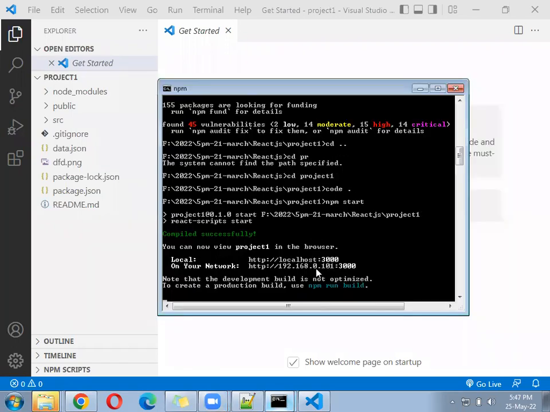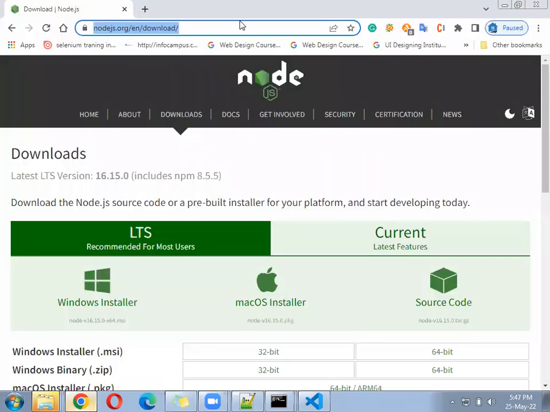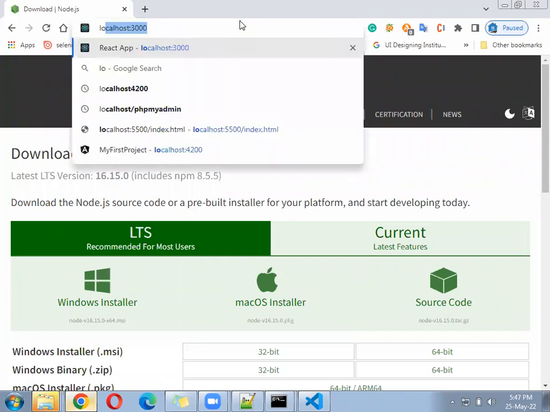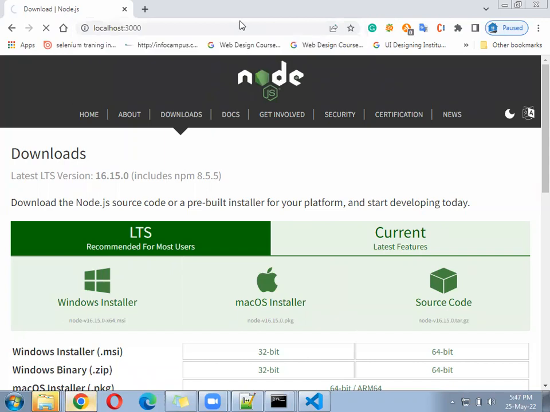Okay, so this compilation will compile successfully. If by default it has opened in the browser, very good. In case it has not opened, no problem. It has given you the option. You can go to localhost:3000 and see the final output after compilation. Mine will be a little different. I have modified everything. From there onwards, we'll continue.